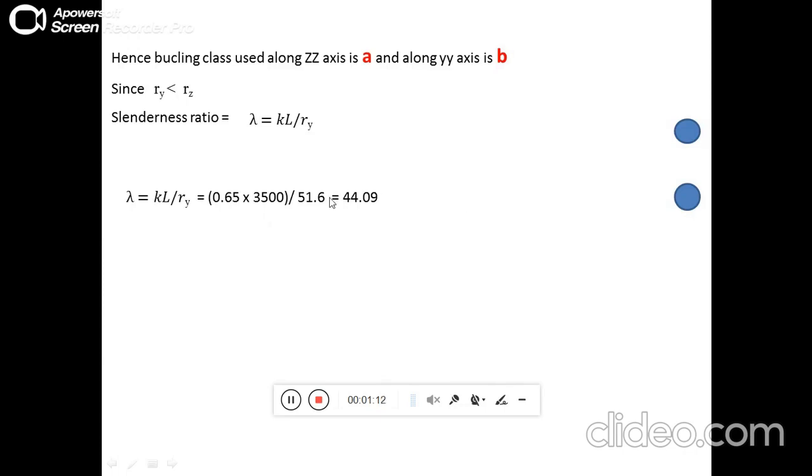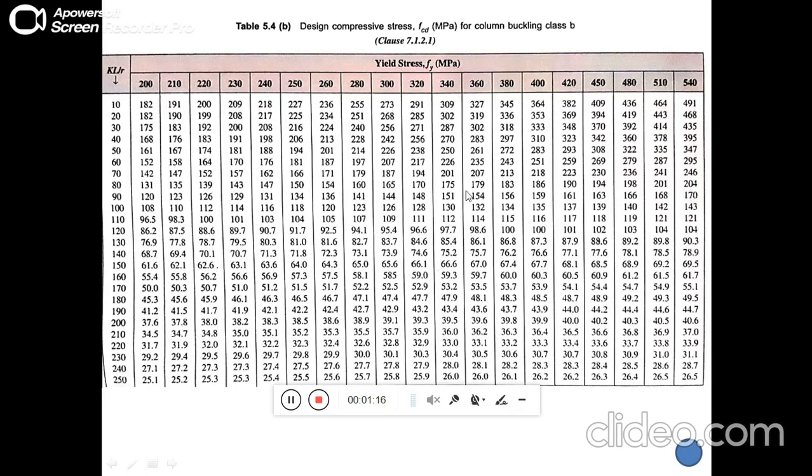Now for the slenderness ratio 44.09, we have the table for finding the value of compressive stress FCD, and we will go along with the buckling class B since it was given in the table. So now the value of slenderness ratio is known, and we will find out the value of the FCD